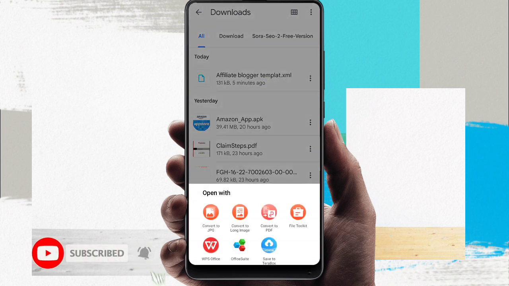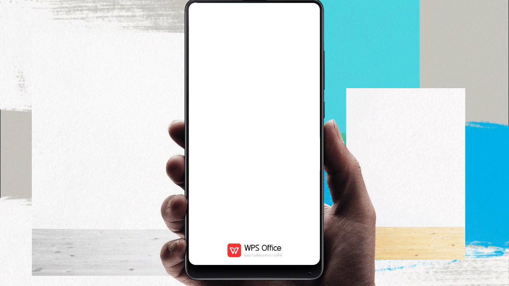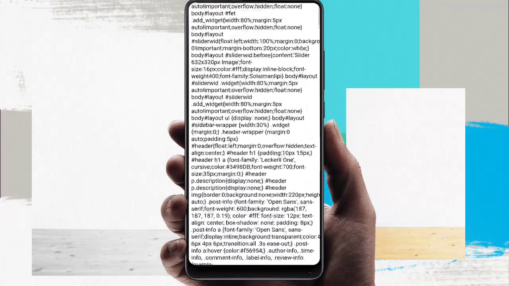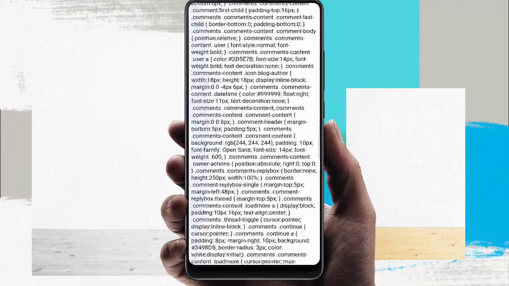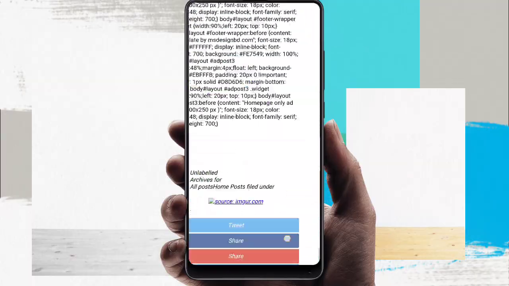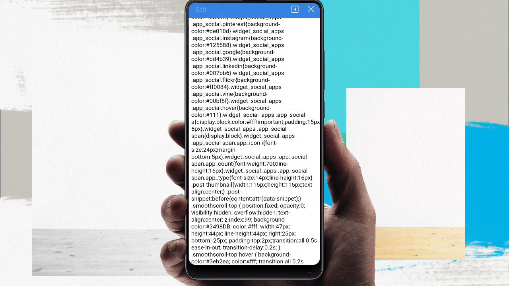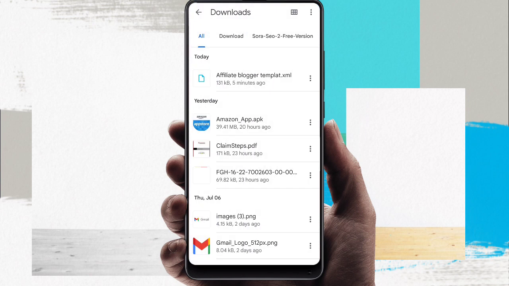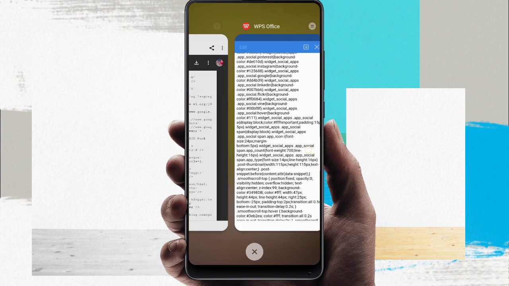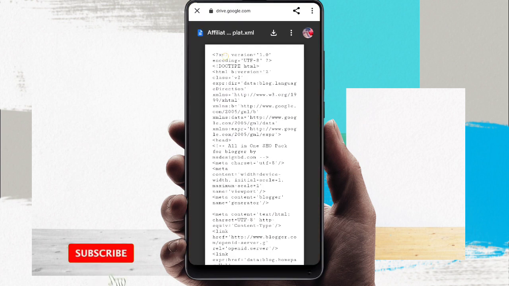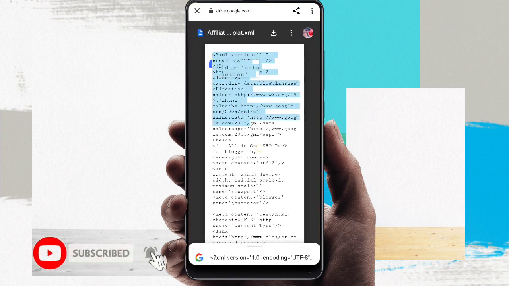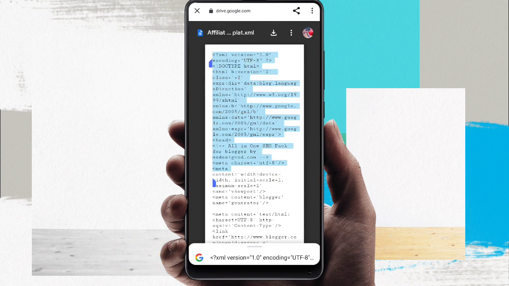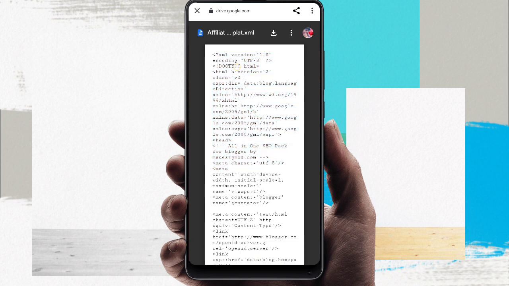So here is one file as a template. We are opening it in any app, but our file is not copied. It opens, but the text cannot be copied. You see it, our file. Also we open it in Drive, but it is not copied. After selection of part of the text,